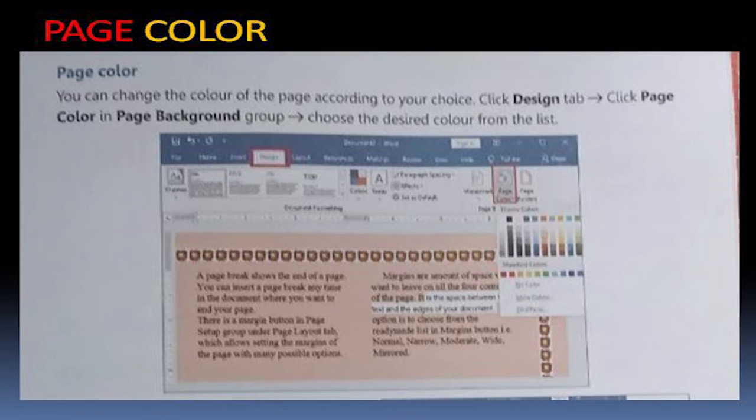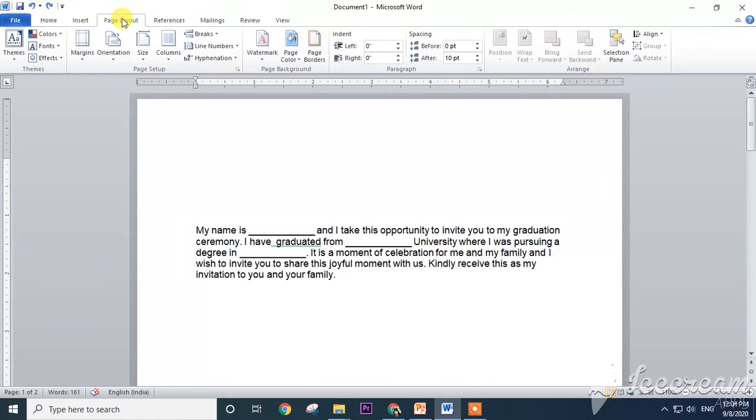Next one is page color. You can change the color of your page according to your choice. That means you can give different colors to your Word page. Let us see the steps. Go to the Page Layout option, and there is a Page Background group, and there is Page Color.